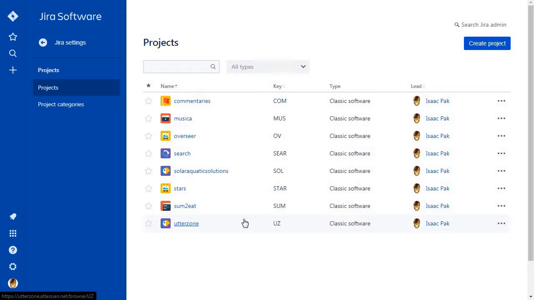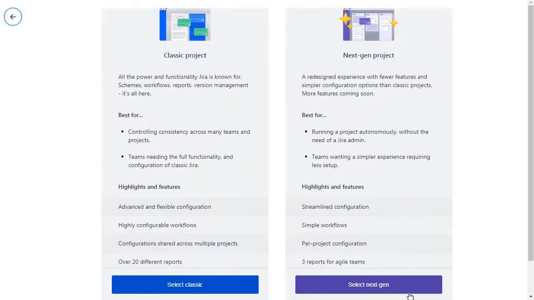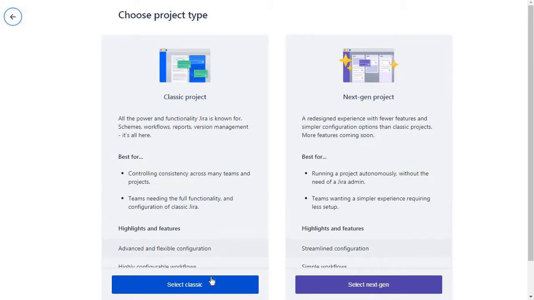Okay, now that you've registered with JIRA and you've logged into your account, you should be on your dashboard and you won't see any projects yet. So to start our project off, go up here to the right hand corner, create project, select next gen is something new. I haven't tried that yet, but we'll go with this classic,